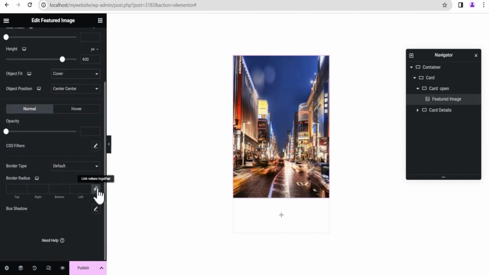For the border radius, we're just going to unlink this and give it a border radius of 30 pixels to the right and 30 to the bottom. So we'll have something like this. Okay, now that we've done that, the next thing we're going to do is we'll come down to the